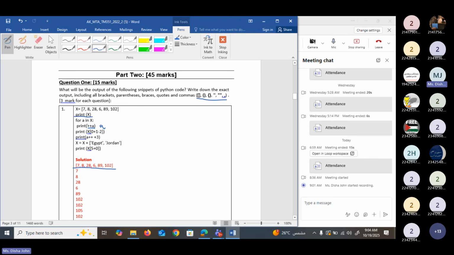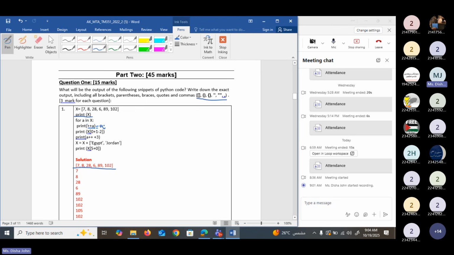It is pre-increment operator, but in Python there is no pre-increment and no post-increment. So it is the same as a, because it will ignore these operators. Plus plus will be ignored, or if it is postfix, it will be ignored. So it will be considered as the same as a.